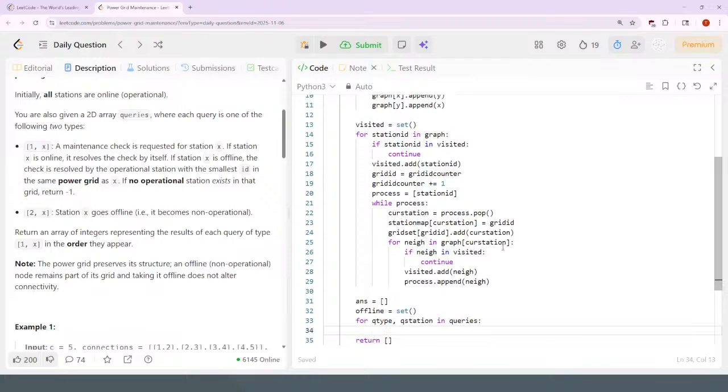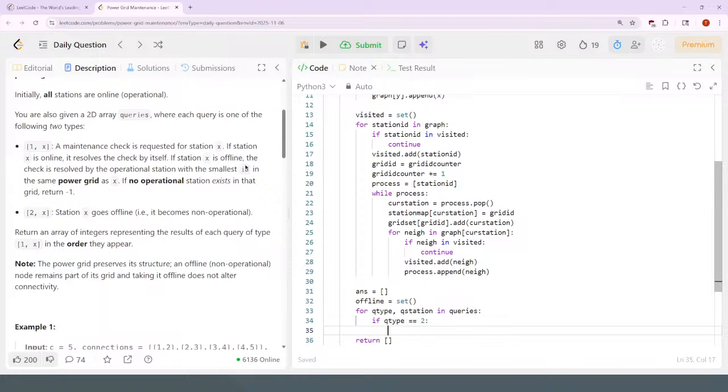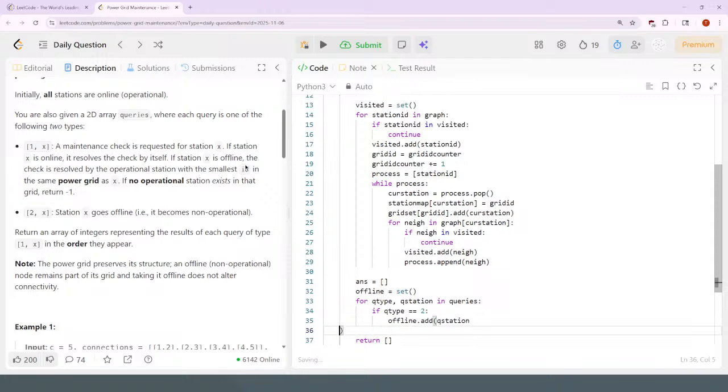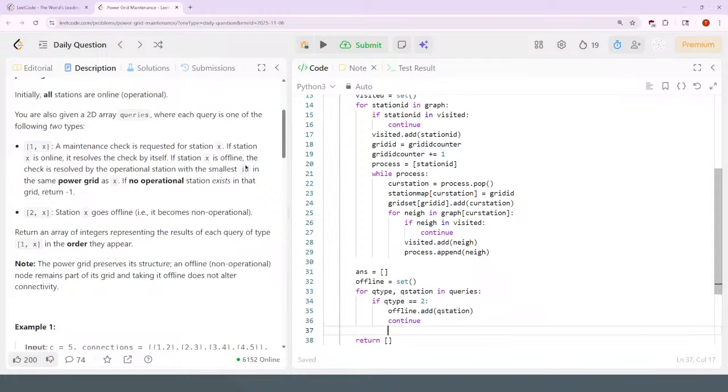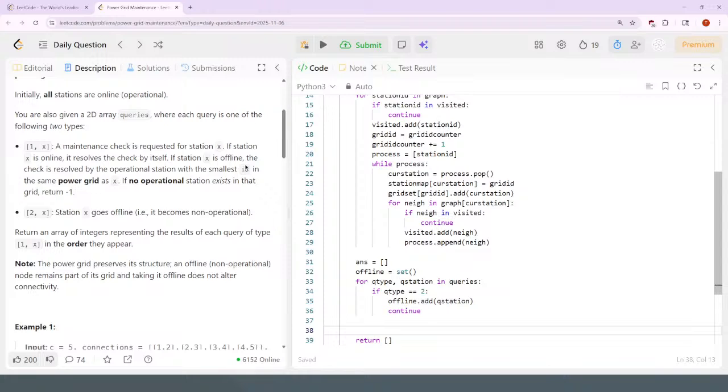Every query type and query station, if the query type is 2, then offline adds this station. It continues. Otherwise, it's going to be the tricky one. If the query type is 1,